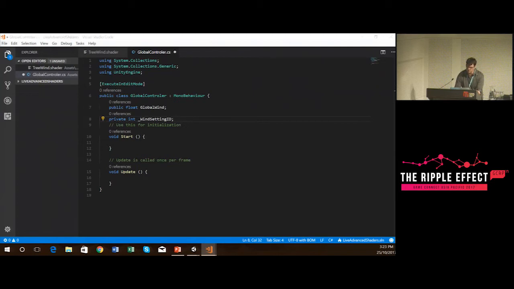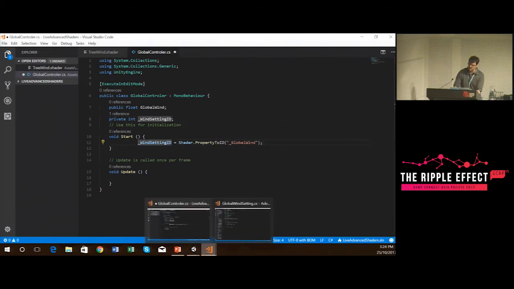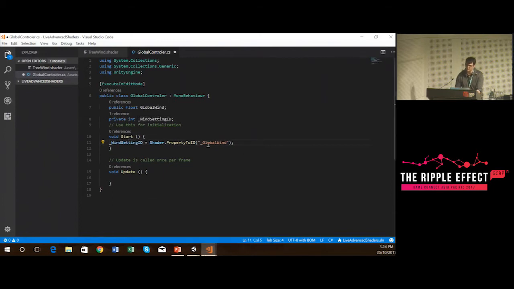That is, when you're setting a global variable on update, you don't want to do it by a string name because that includes a much longer search in order to do it. So what you want to do is on start or on awake, you first of all want to define the value that variable is assigned to and then call it by an integer value instead of a string name. So in this case, we're saying set property to ID. That is, our property is going to be global wind,